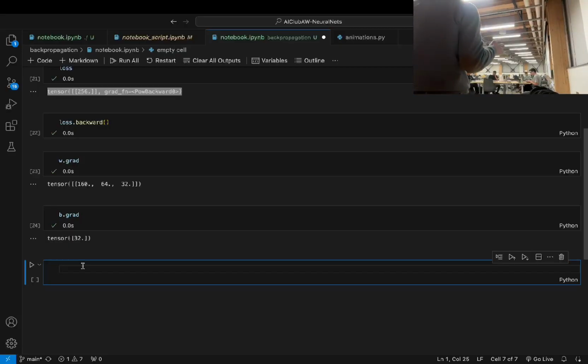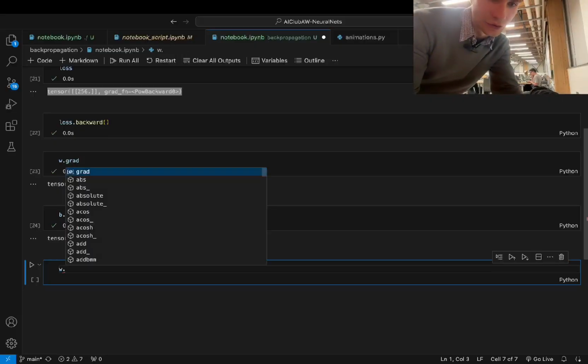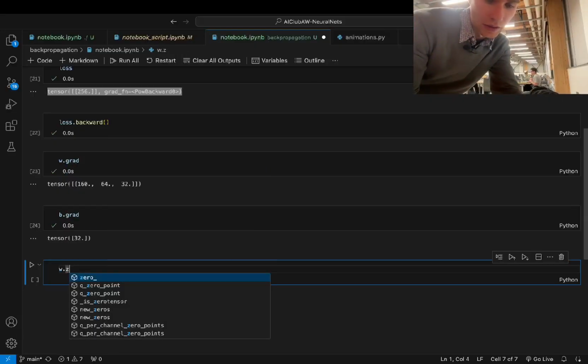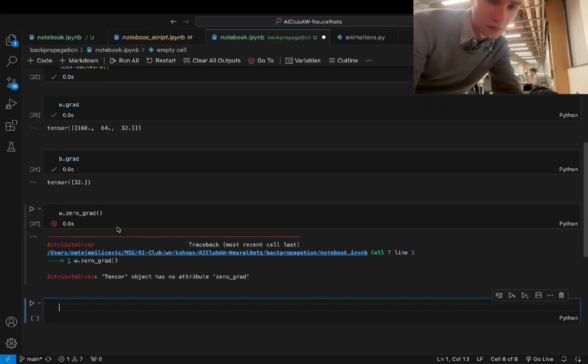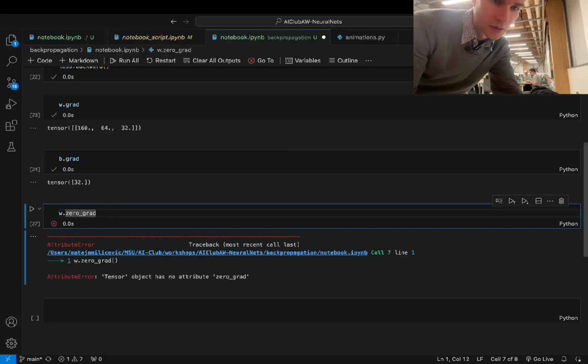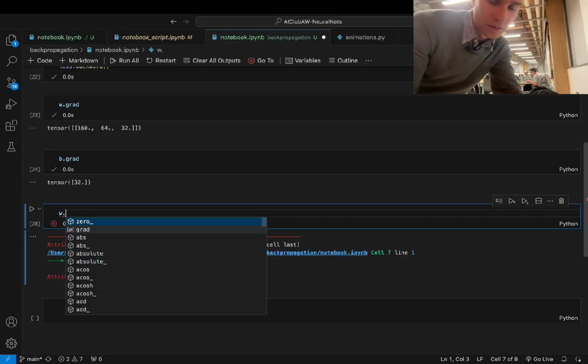Well, a very important part after this is to reset the gradients, and you just do this by doing... oh, it doesn't have that function. Okay. So I guess it doesn't have it for default tensors, but usually what you would see is something to the likes of